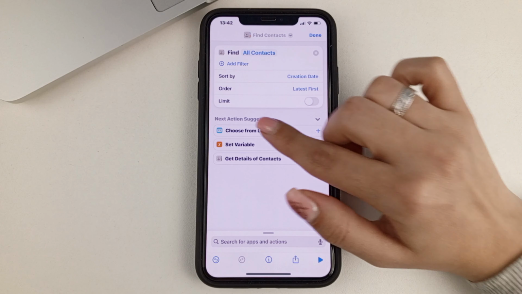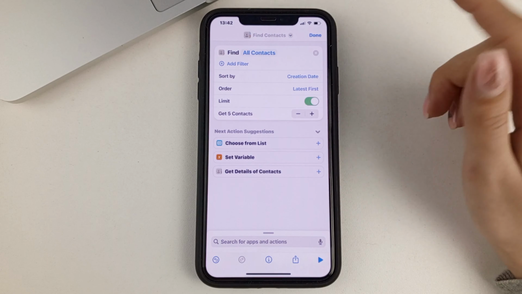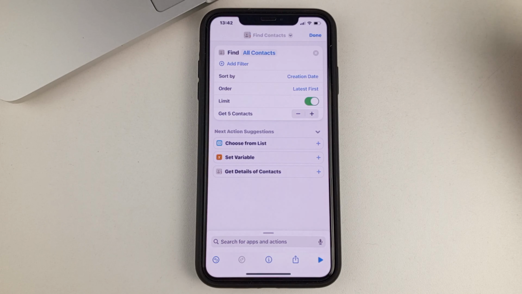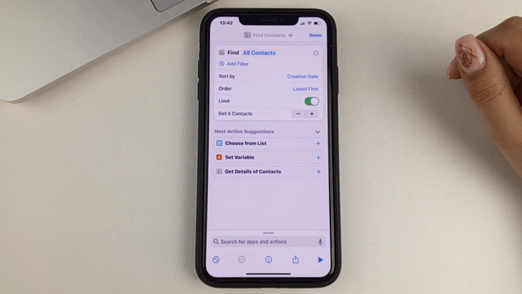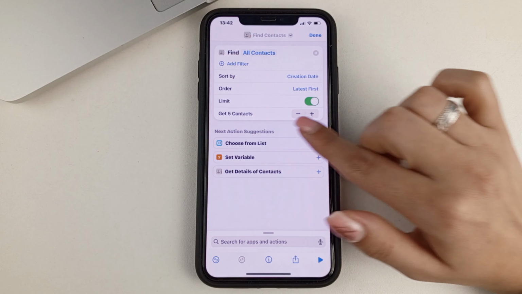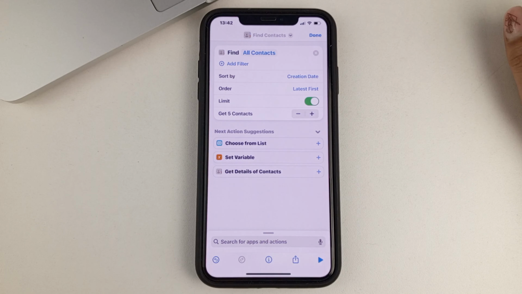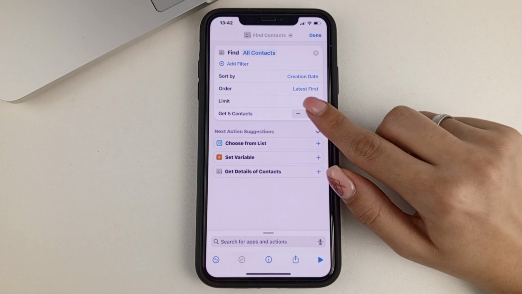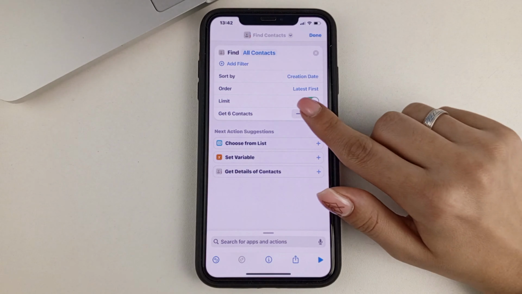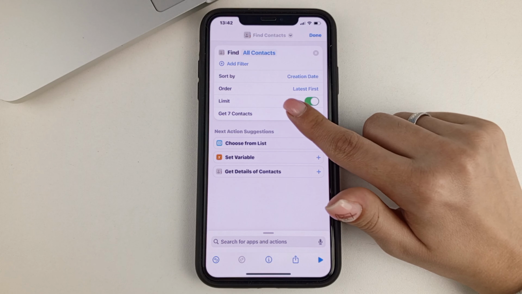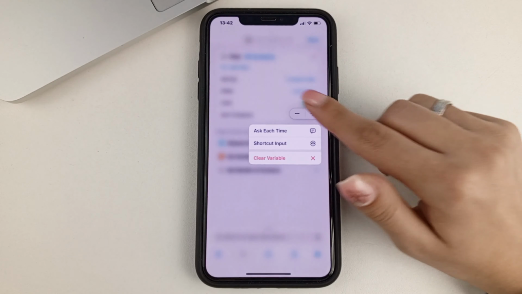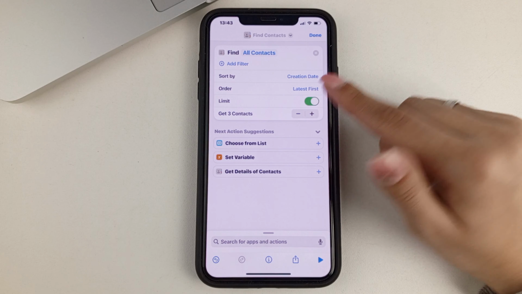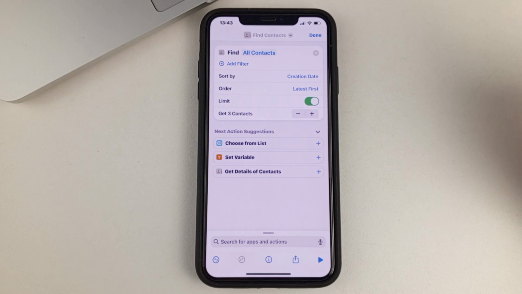And then the last step, we turn on Limit. That's what it should look like. And as you can see, we have a limit on the number of contacts. I have 5. You can raise them or you can lower them. I will leave, let's say, 3 contacts. And so on.